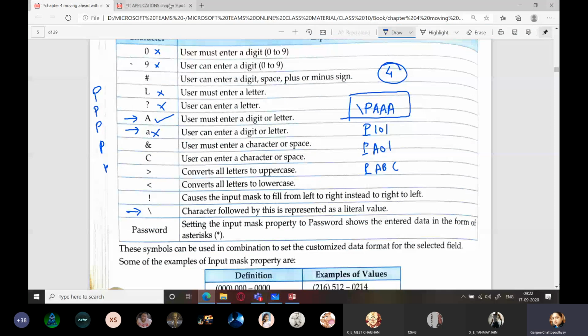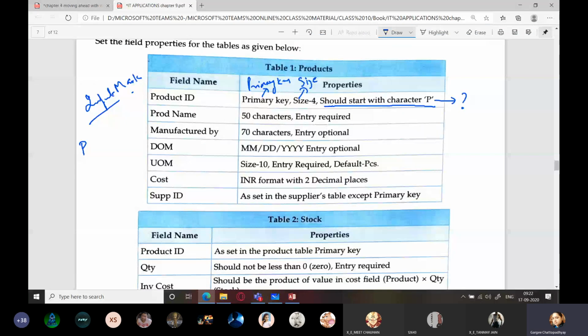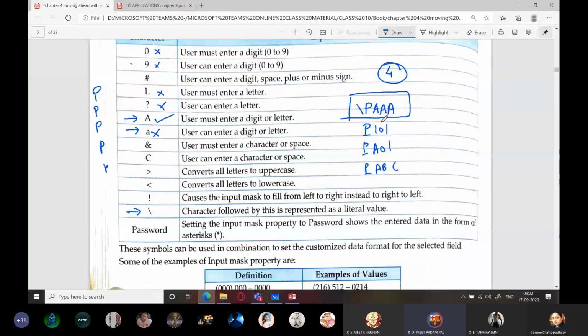Next is product name. Yes. Ma'am, here we have used PAAA, means 3 times A. Ma'am, if you want 4 characters, then we add 1 more A. Why? Because the total size is 4 characters, including P. So our first character is P, that is constant.